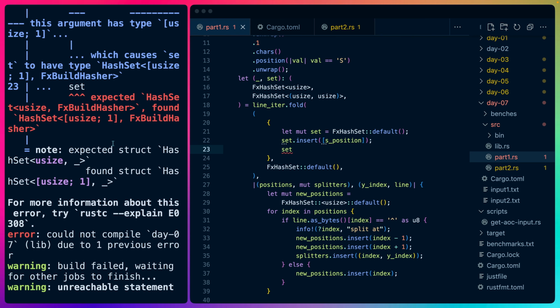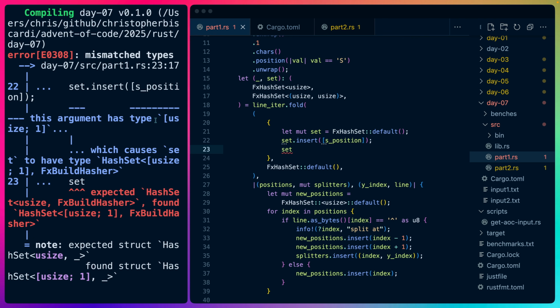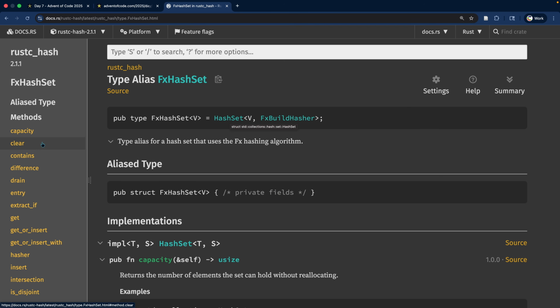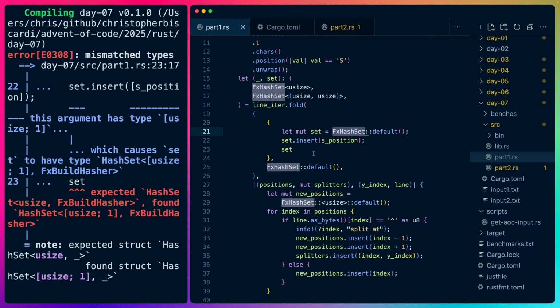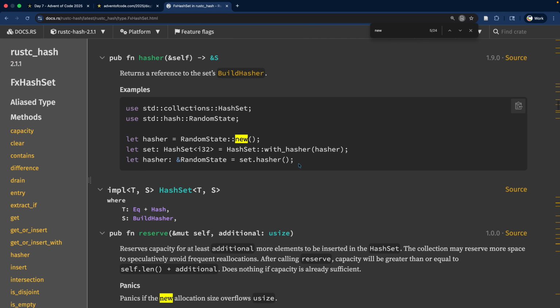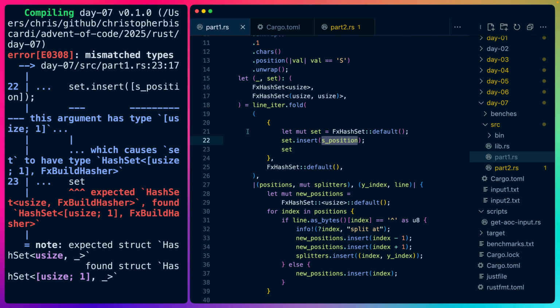And my question here is what's going on? Argument has type usize 1. Oh, right, because we have an array here. So we just throw this into a block, do our initialization, and then return that value as our initial value. So even if there is no new, even if there is no function to just pull in this array, which I don't know why there isn't on FxHashSet, if I'm being honest. I feel somewhat confused as to why there wasn't a new function here. I wonder if new got added after FxHashSet got published. Feels weird. Anyway,